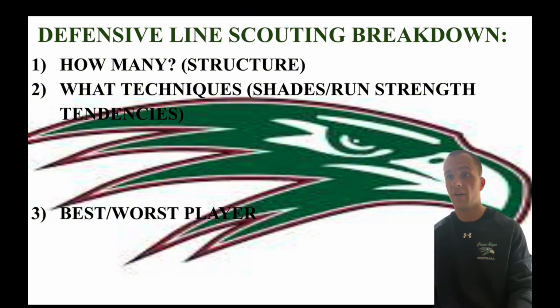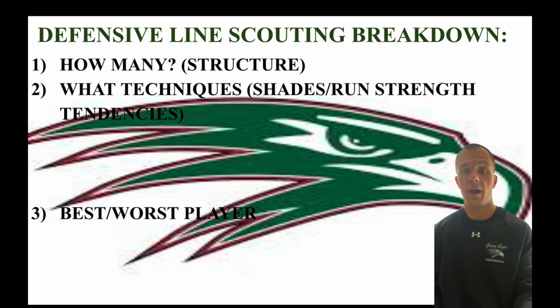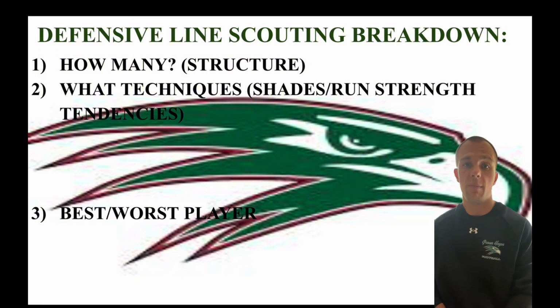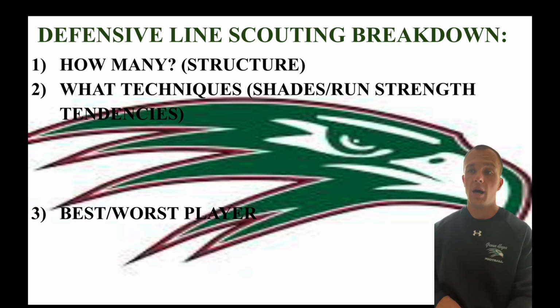And then we've had teams where the strength of their D-line is going to be into the boundary, because they figure that a lot of people they have faced possibly are trying to go out to the field. So they're going to try to take that boundary away and make everybody flow to the field and be able to siphon everybody up through the middle. So once you start realizing, hey, how are they lining up? And then also what stunts and all that good stuff.